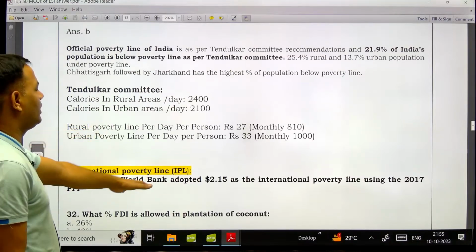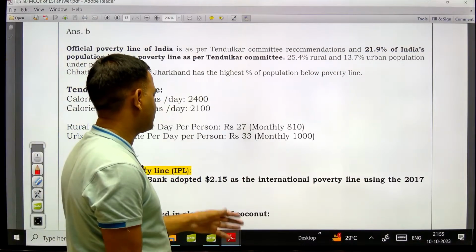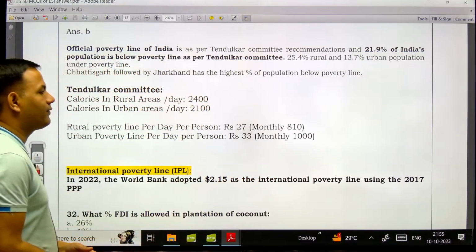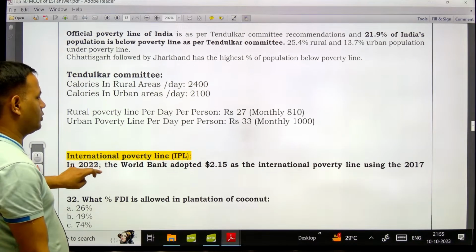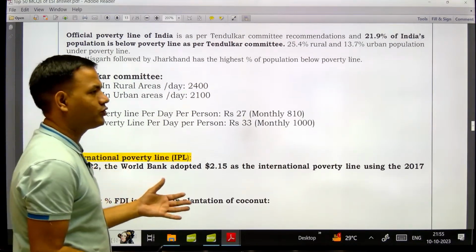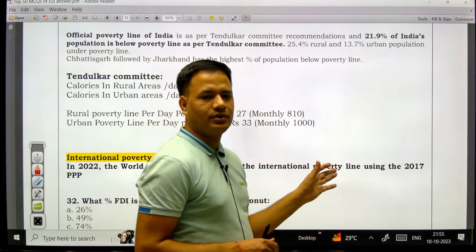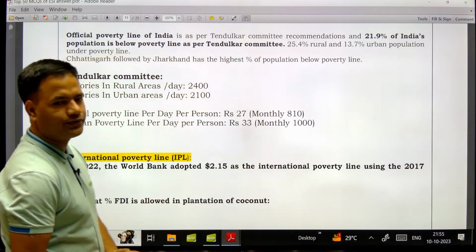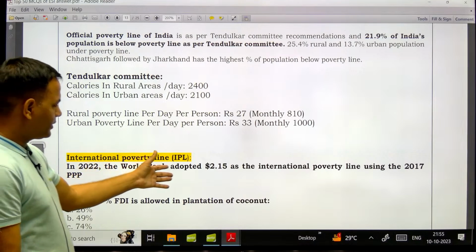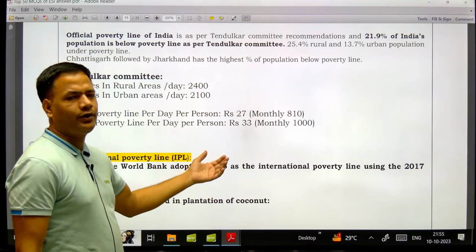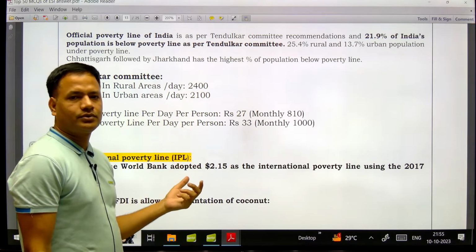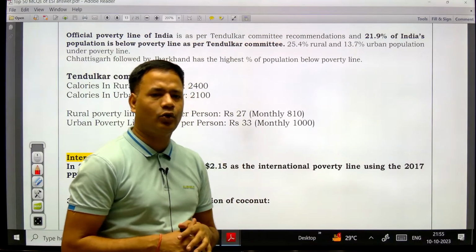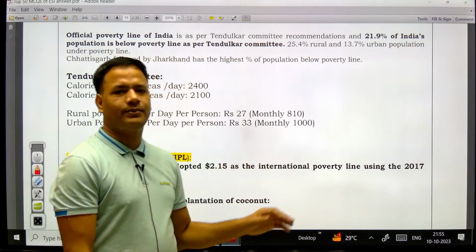The international poverty line has been changed. Earlier it was 1.90 US dollar and now it is 2.15 dollar. In actual it has not changed. In PPP terms, the purchasing power parity concept of economics, it is equivalent to 1.9. We can say that the goods which we could purchase in $1.9 in 2017, now we can purchase in